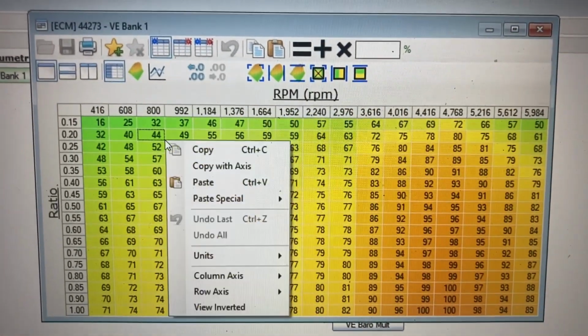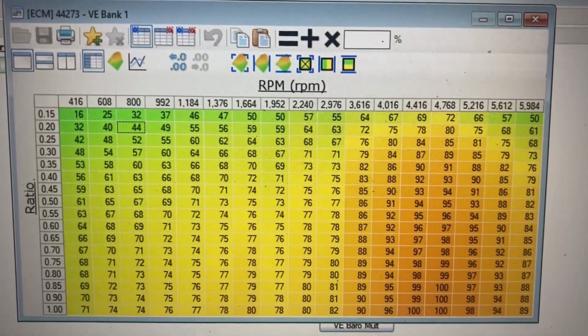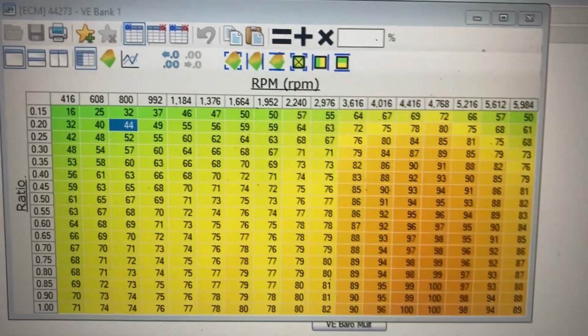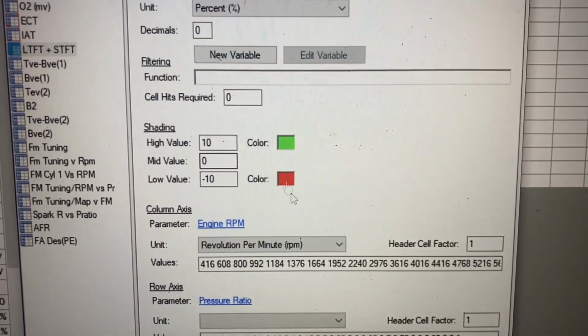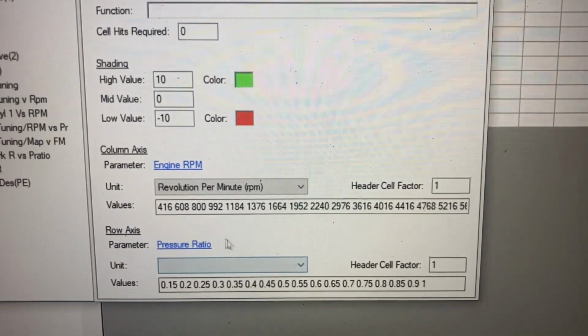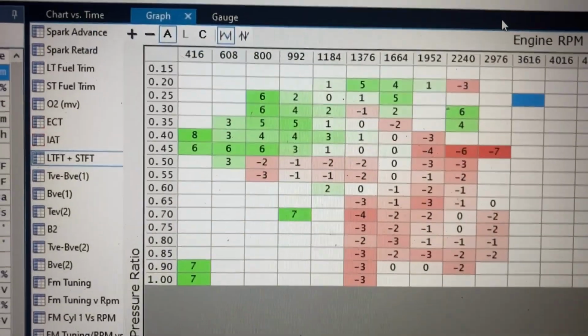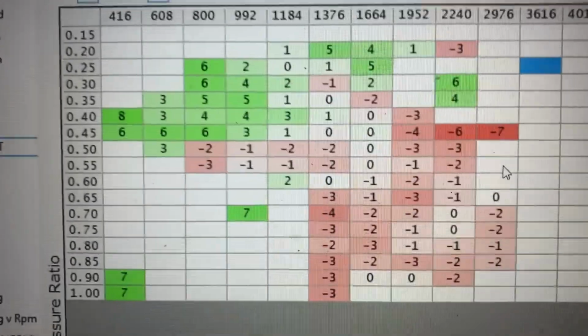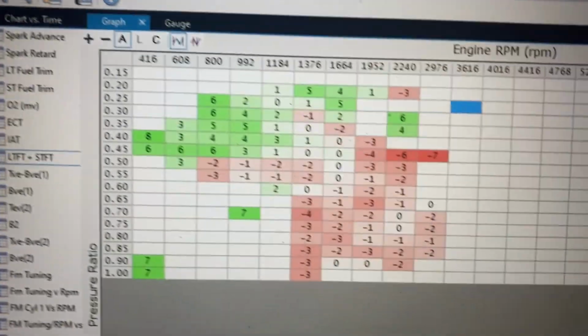And then we take a column, we copy our labels, come back down over here, paste them in, RPM scale, and then we do the same thing for the pressure ratio. All right, so we got that out of the way. That's how we start this. So we copy and pasted everything and then created tune